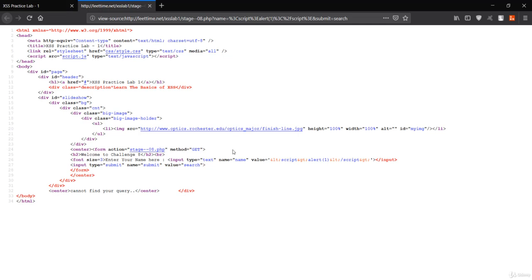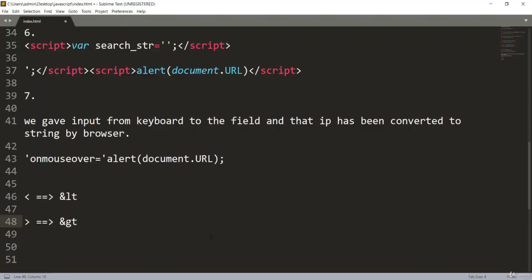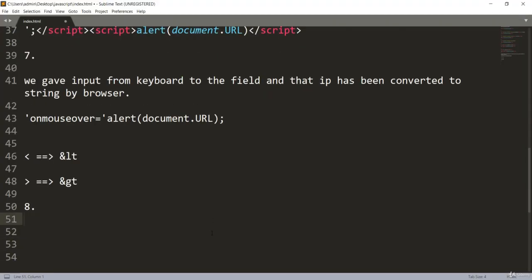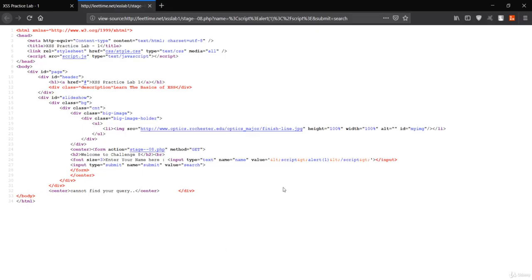So if you see that input from the keyboard has been converted into an encoded, string form, like in challenge 7, we can make use of the mouse event. So in this challenge 8.2 you can make use of the mouse event. You can see it has been reflected right here.